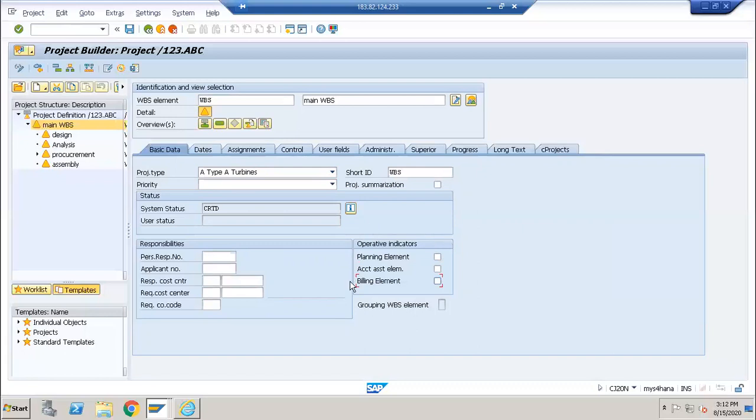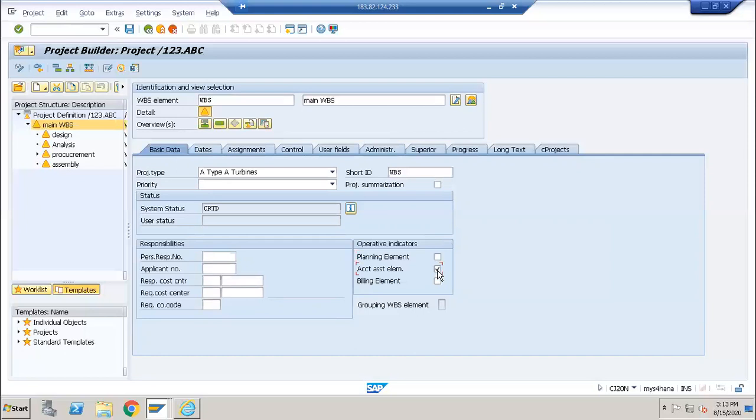Basically this will control your total WBS element. These are the control parameters for WBS. First one is your planning element. What will the planning element do? It will say, okay, at this WBS element I can plan for my operations, or I can plan for my activities, or I can plan for my components, or I can plan for cost or services. When you set an indicator as a planning element, you cannot do any account assignment, which means you cannot do any postings for this, only planning.